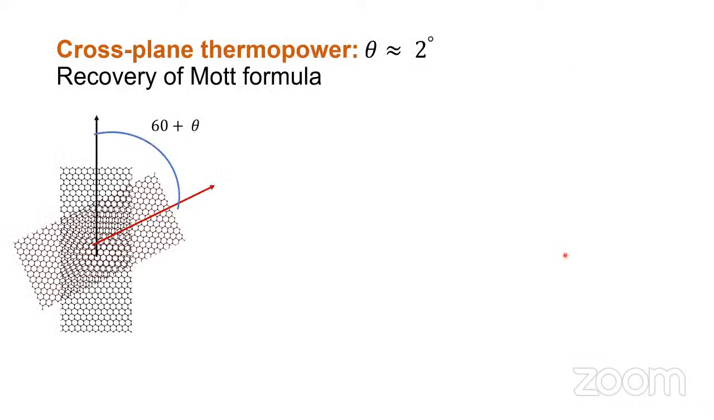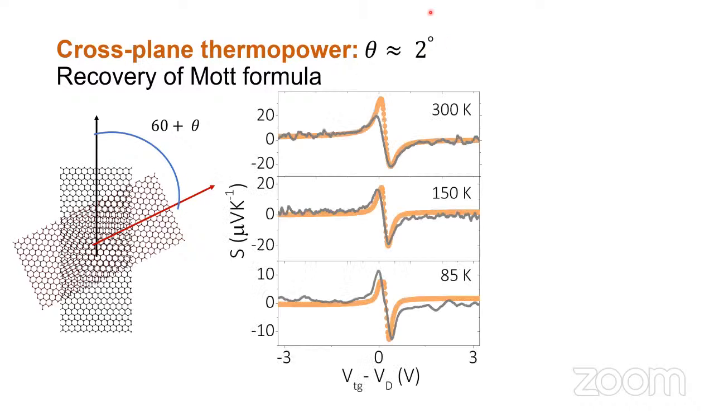So I will show you what happens in the case of 2 degrees, when the misorientation angle goes down to about 2 degrees. Now we are recovering the Mott formula. You can see that this is at 85 Kelvin, at 150 Kelvin, and 300 Kelvin. These lines are calculated from the electrical transport, and you can see the Mott formula relatively satisfactory, or at least much better in estimating the